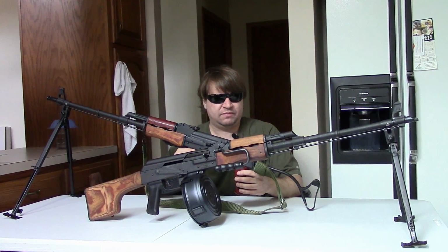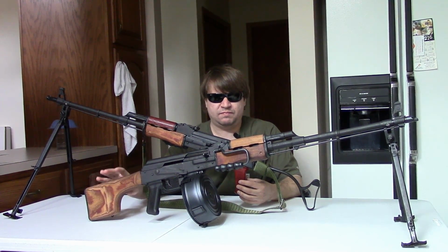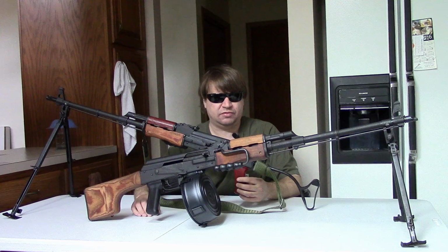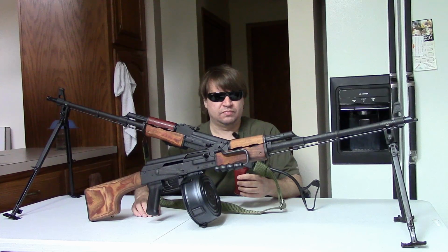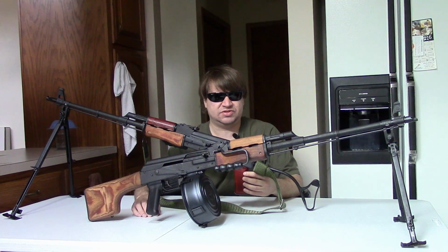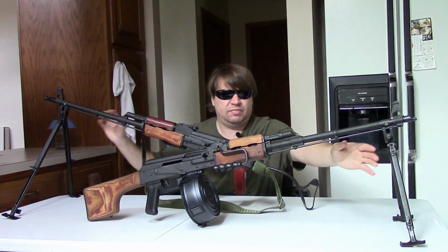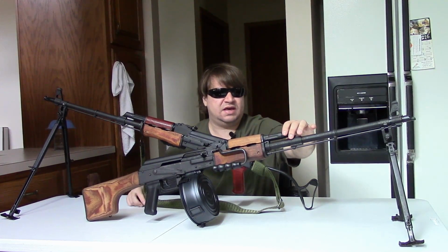We'll throw up a picture here. Now, the AES-10 did have the clubfoot RPK buttstock, and it did have a 23¼ inch barrel. But those are the only similarities with the RPK. Whereas the AES-10B has an RPK heavy 23¼ inch barrel, the AES-10 had a lightweight standard AKM WASR profile barrel. Also, instead of having the bipod located at the muzzle, as on every RPK, it had a PKM bipod